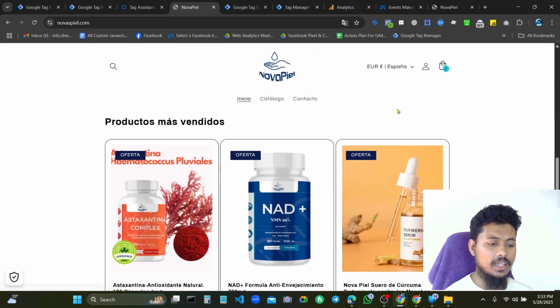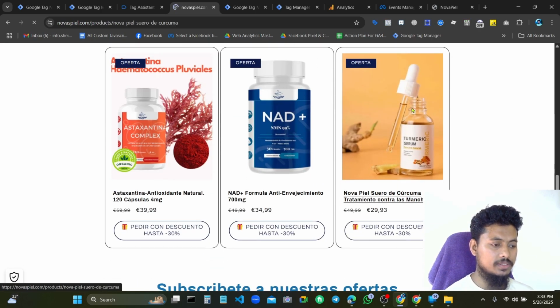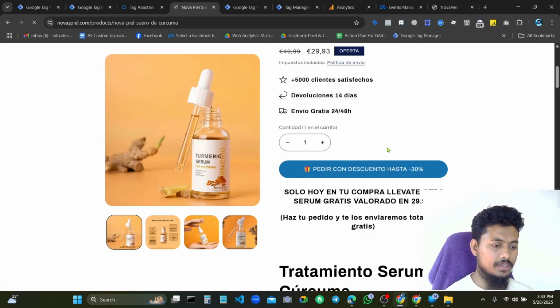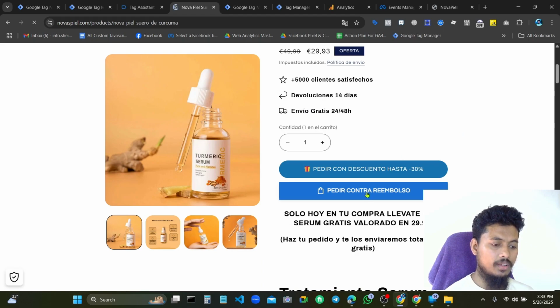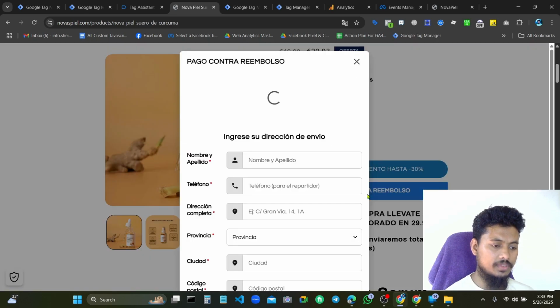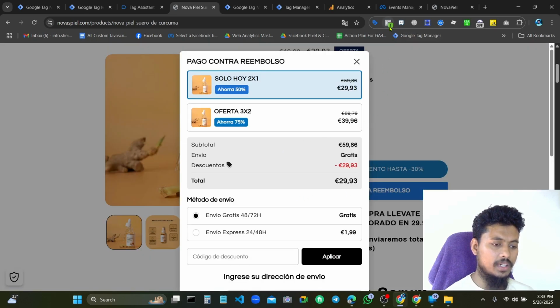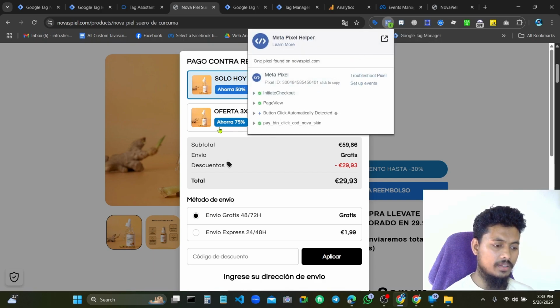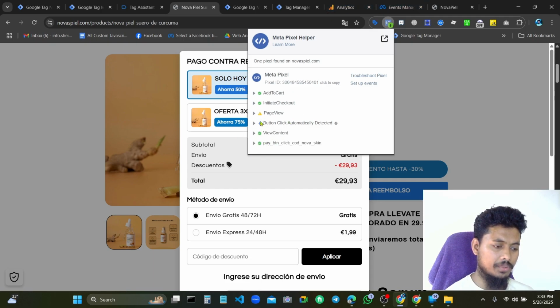If we check another product, here you can see, now I will click the cash on delivery first. This click will be detected on custom event, and custom event will be fired in Facebook as well as GA4.